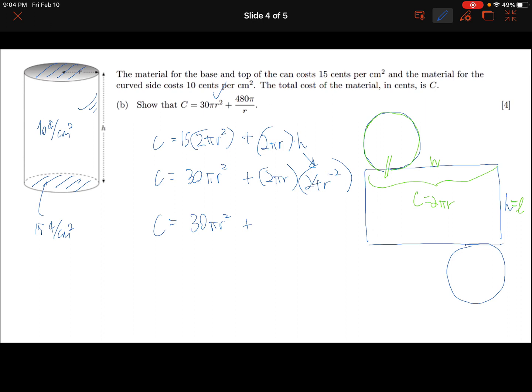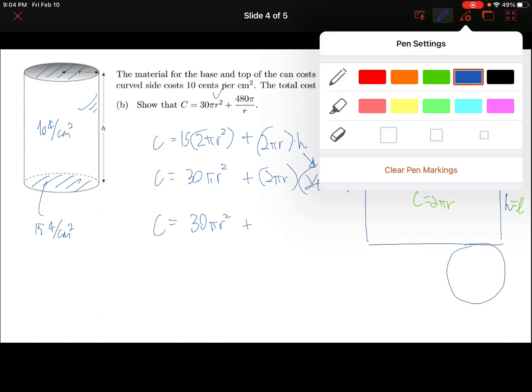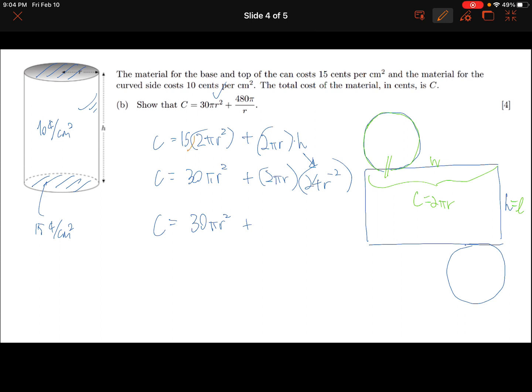But one thing that we have to consider is the cost, which we haven't done yet, before we get carried away. Notice how initially here, we looked at the cost as 15 cents. We haven't multiplied this side by its cost per centimeter squared. So we're going to multiply that. Let's just do that before we forget. We're going to multiply that by 10. So basically that's going to end up being,